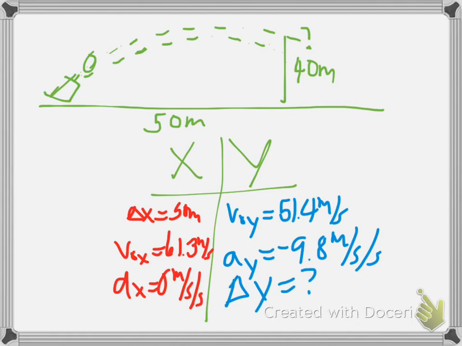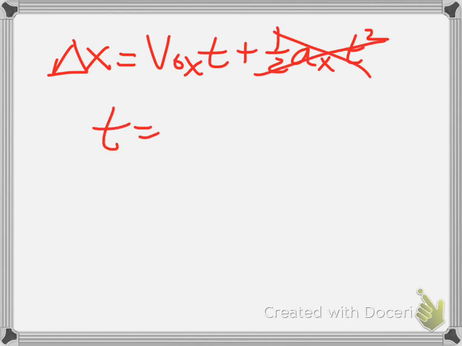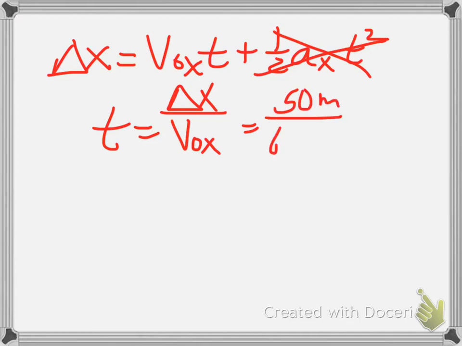So with our projectile stuff, we always like to find time first. If we can find time first, then that makes our life so much easier. So in this case, which do we know more about? We know more about the x direction to find time. So let's do that. Our equation that we know and love, delta x is equal to Vox times t plus 1/2 a in the x direction times t squared. That goes away because the acceleration is 0. So now we're going to find time. So in this case, time is delta x over the initial velocity in the x direction. That's the algebra there. So our delta x is 50 meters. Our Vox is 61.3 meters per second. So our time ends up being